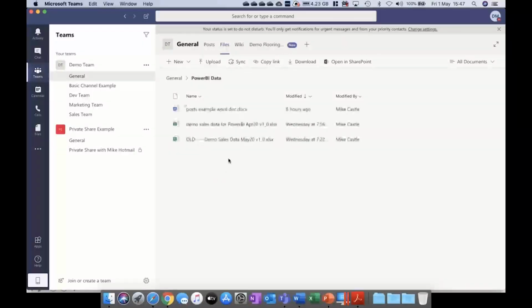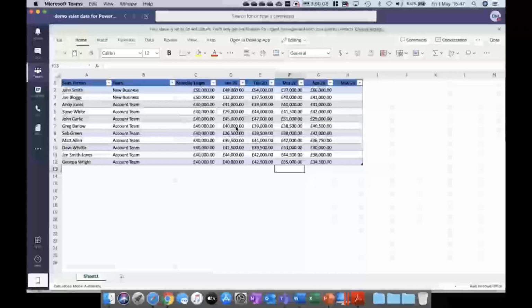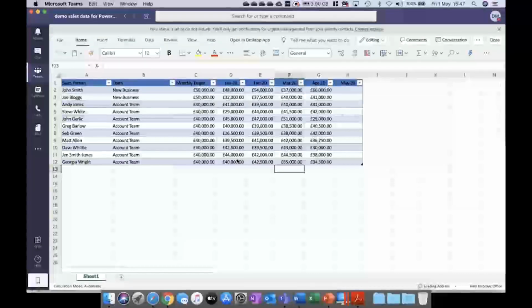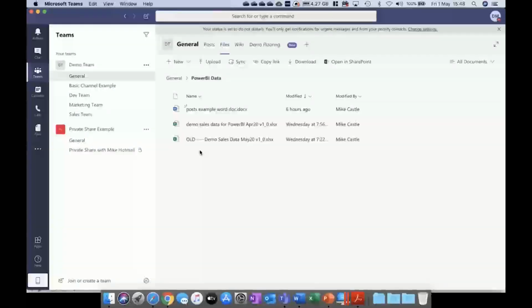So I'm going to do a bit with Power BI. So here we have a spreadsheet, and what this could be as an example is your sales admin putting in the sales figures for each of your current team members. Looks great, very boring. It's just a spreadsheet. But essentially what that could also be shown as, if you plug in Power BI, you can actually get it to translate and show it in a different way.